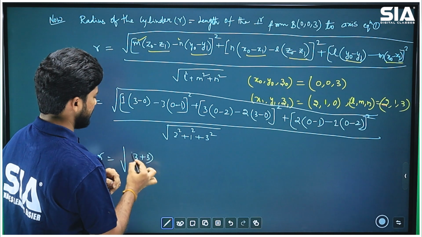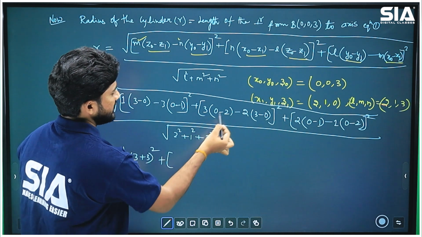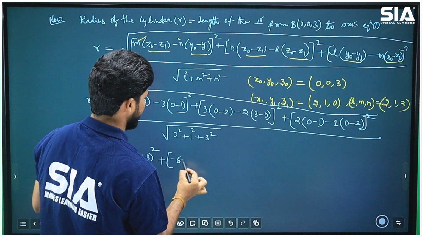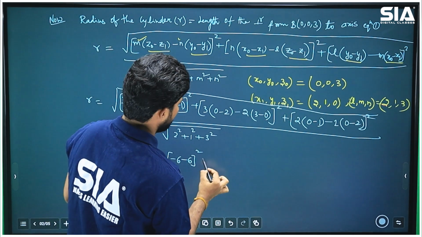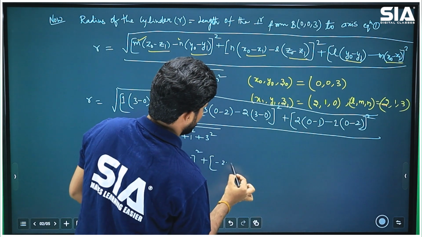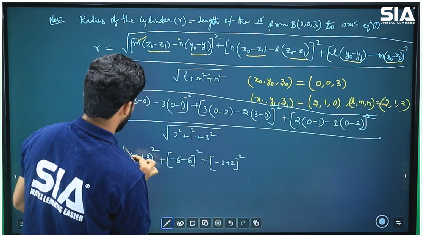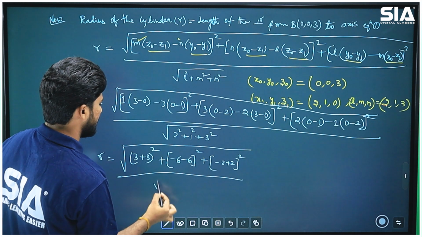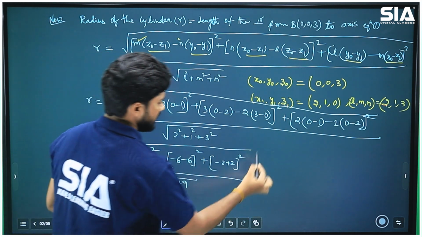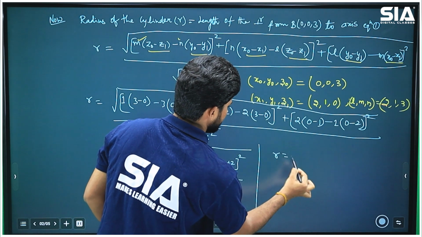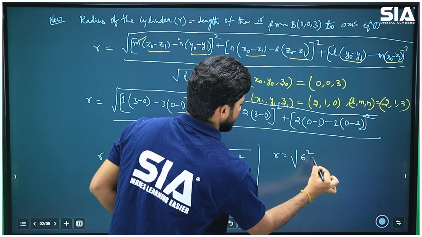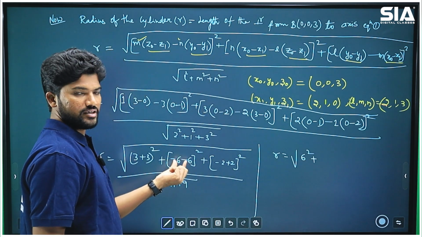Okay, so (3+3)² + (3·(-2) - 6 - 2·3)... again (-6)², plus (2·(-1) - 2 ...)², whole divided by the square root of 4 + 1 + 9. So therefore here I am writing small r is equal to the square root of (3+3) = 6, 6 squared, plus (-6 - 12) = -12,